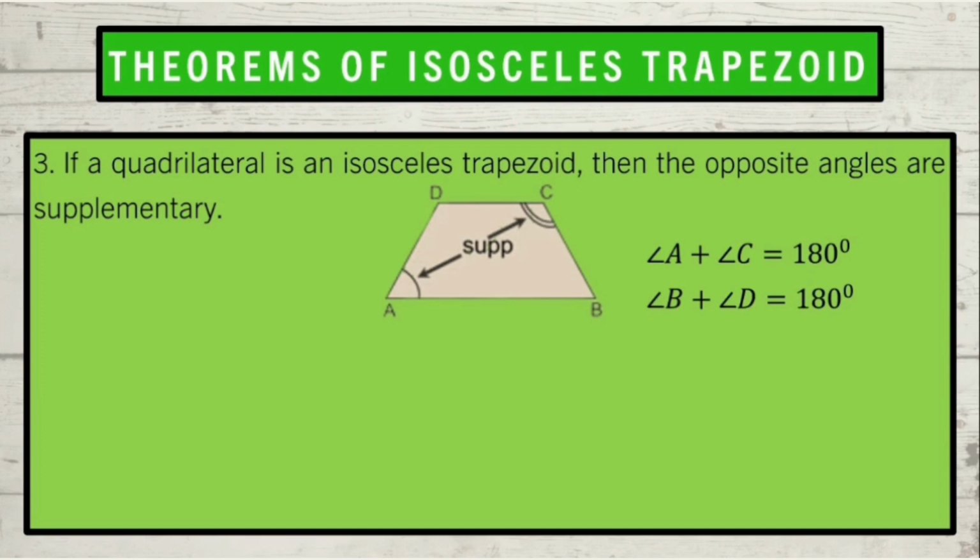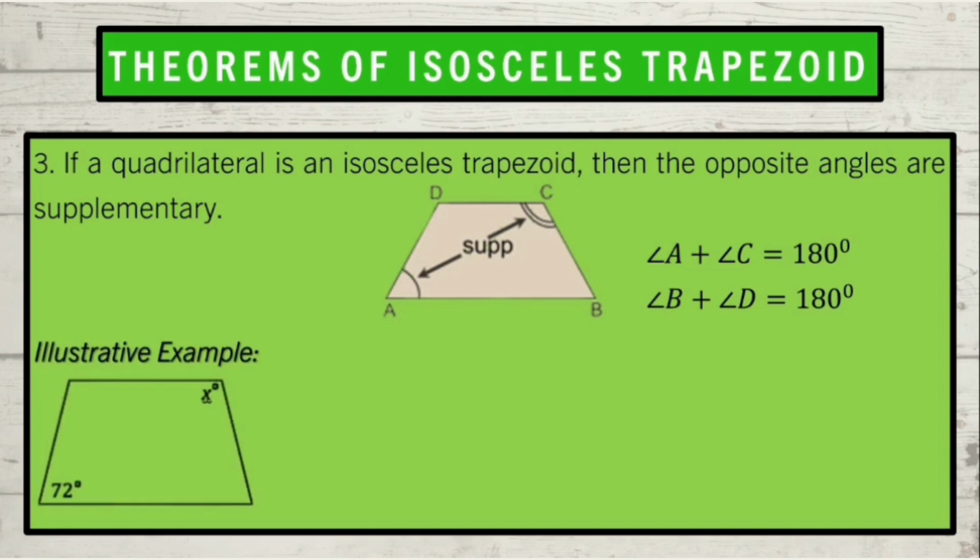Let us have an illustrative example of that theorem. In the given isosceles trapezoid, one of the angles is equal to 72 degrees. We are asked to look for the measure of its opposite angle. Since the two angles are opposite each other, then their sum is equal to 180 degrees. By substitution, we will have